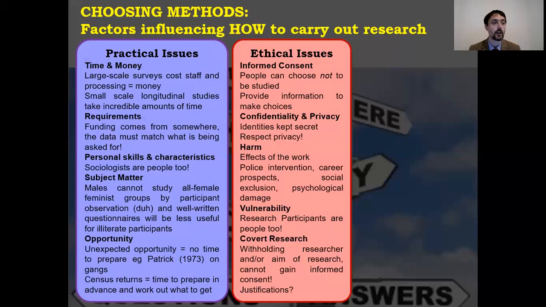Social exclusion. Going back to the sexuality example, if you inadvertently out people, that can lead to social exclusion within their social circles. If they come from a religious background, for example, a particular form of religious background, let's say the Westboro Baptist Church, and you out someone in the Westboro Baptist Church as gay, that's going to lead to an incredible amount of social exclusion, also probably a lot of attacks. You've got to be careful what you do and how you do it.